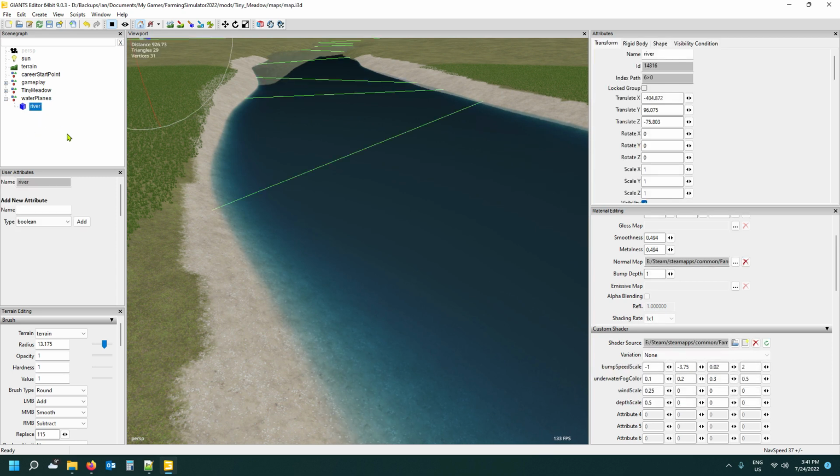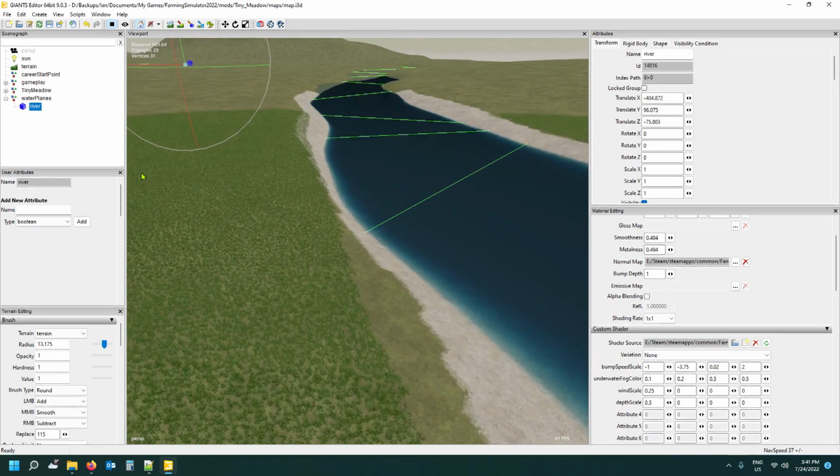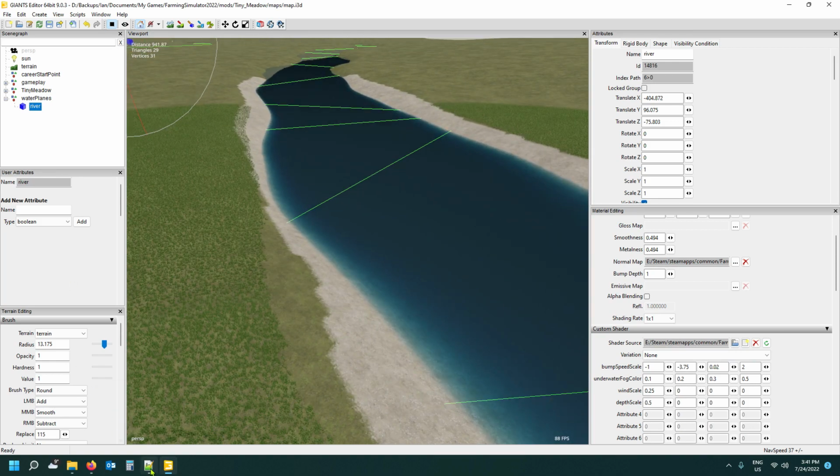And there you go, guys. We've got our water. Now we need to put some attributes to this water to actually make it seem like water in the game. So the next thing we want to do is back into our